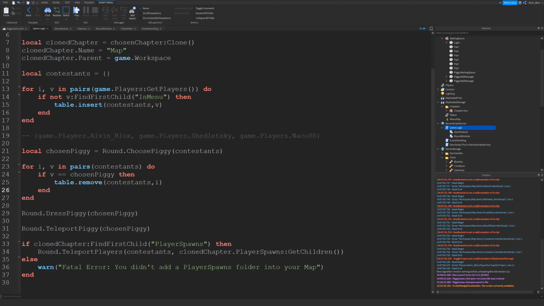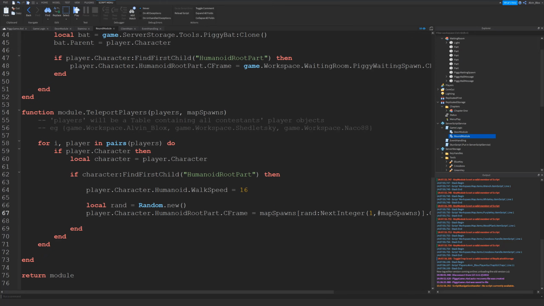If they are, then we won't slow them down, but if they are a contestant, we want to stop them right in their tracks. So we need to insert a tag called piggy into the chosen piggy, but we also need to insert a tag called contestant into the other contestants that are not the piggy but are also playing the game. So to do this, we're going to go back into the round module where we create our functions,